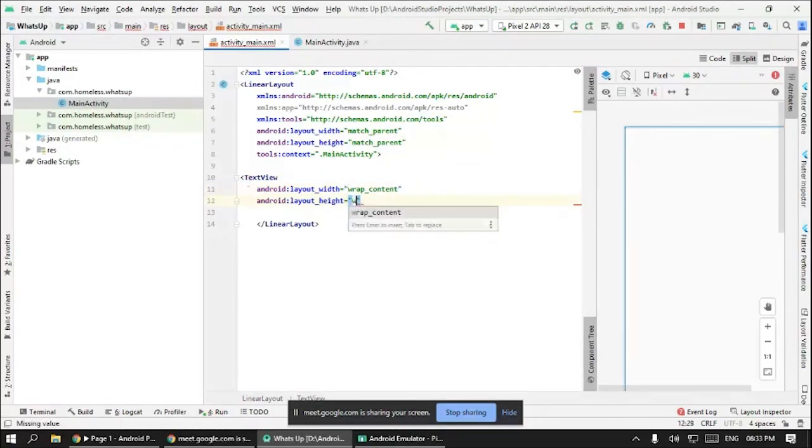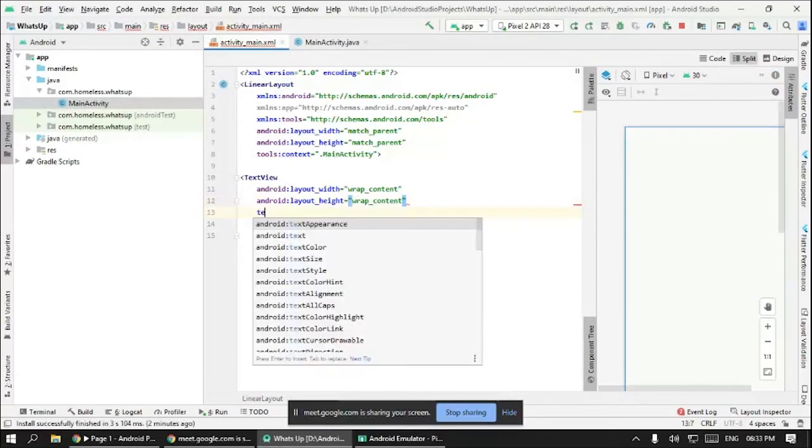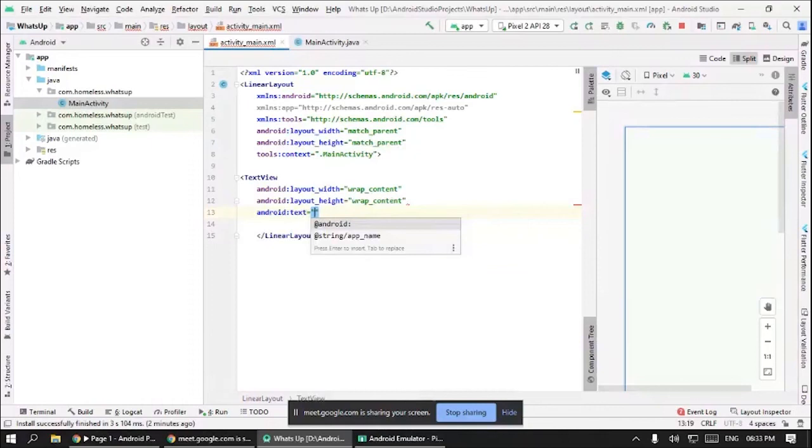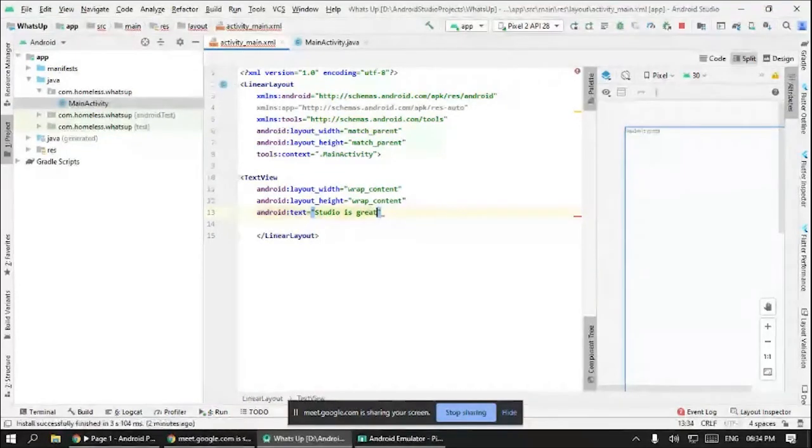The height I will put wrap content also, and let's enter some text here. Let's stop picking on Figma. Studio is great. It does all of the work for us.